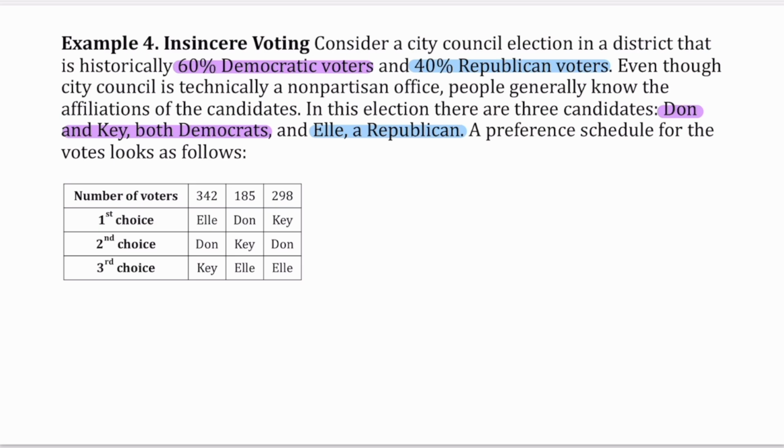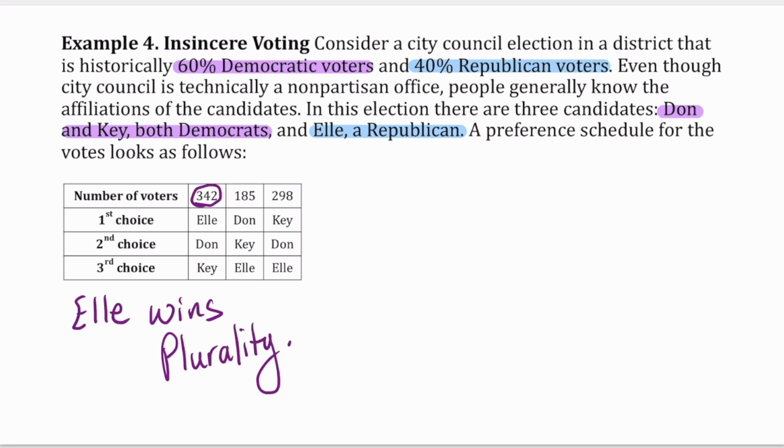A preference schedule for the votes looks as follows. If we look at the preference schedule, we see that by plurality, L would win this election. However, if we think about the historical percentages for Democrats and Republicans,